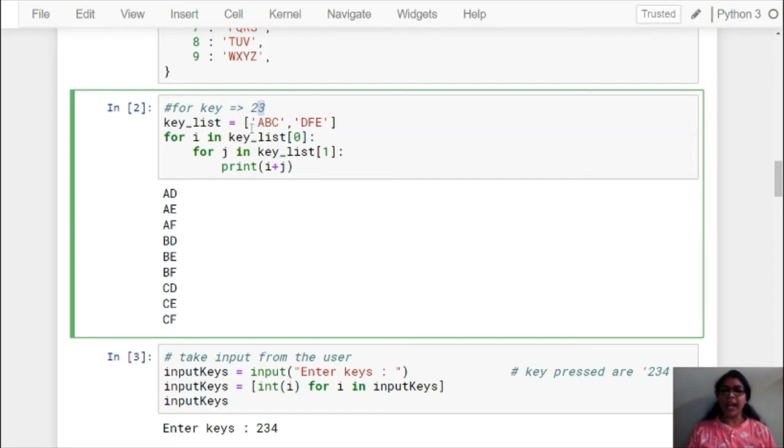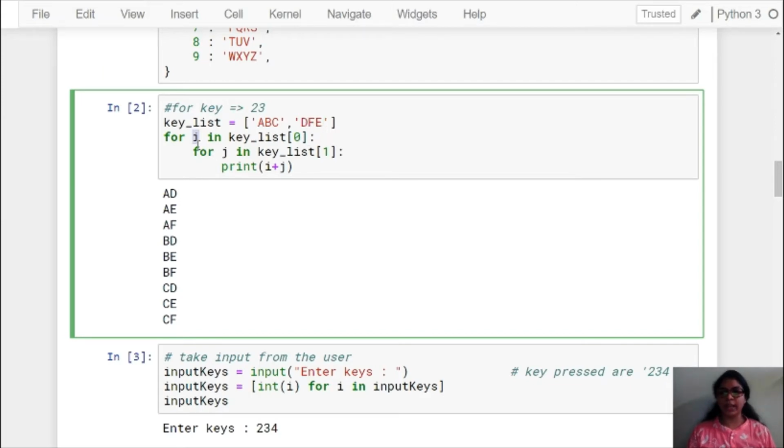So we have to iterate over ABC, which is at the 0th index, so we consider key list index position 0. The first time, I will be A. Then again a for loop: for J in key list 1, at index position 1 we have DEF.